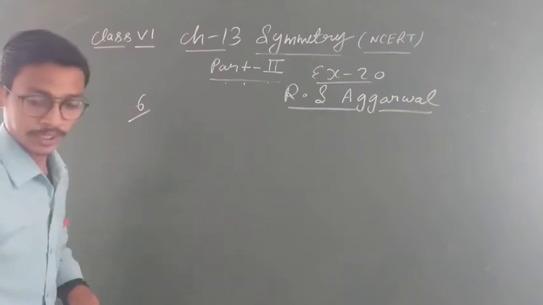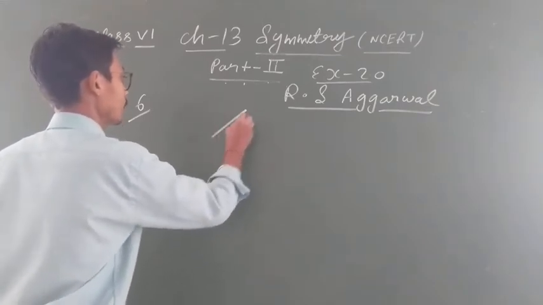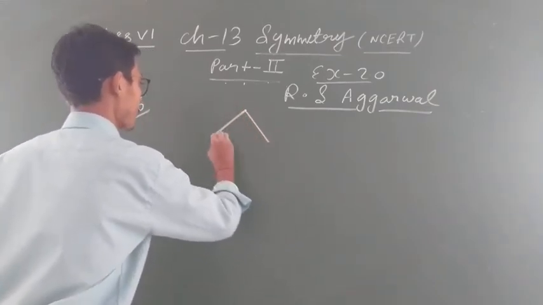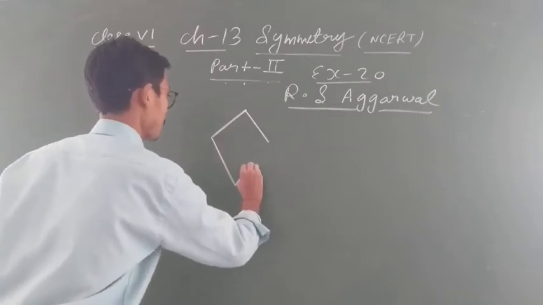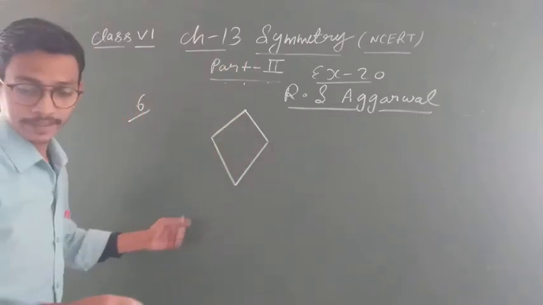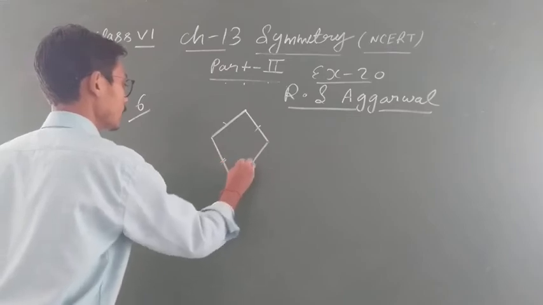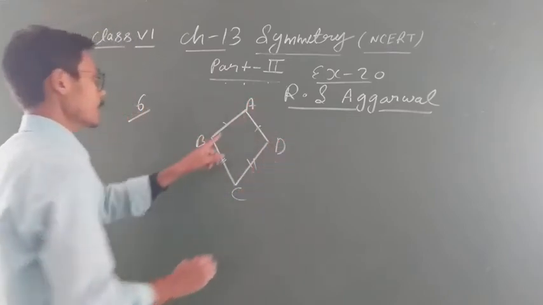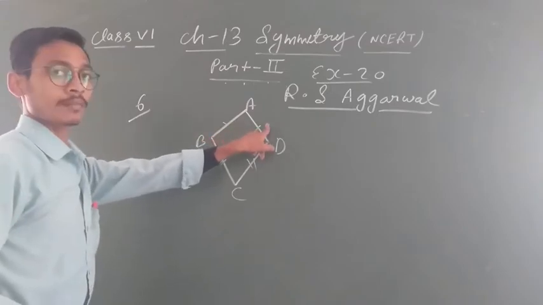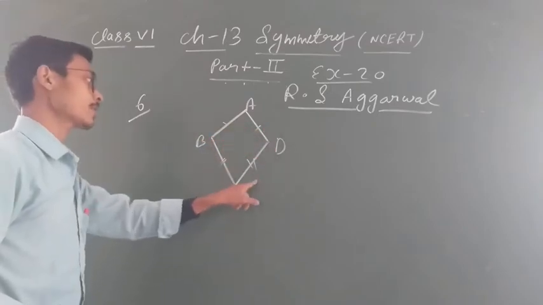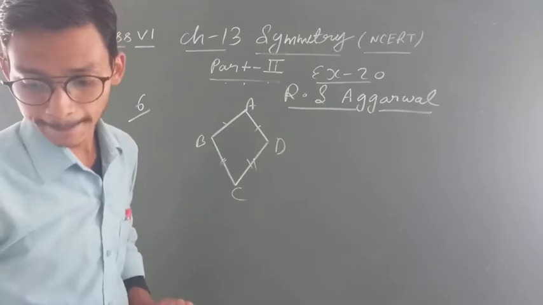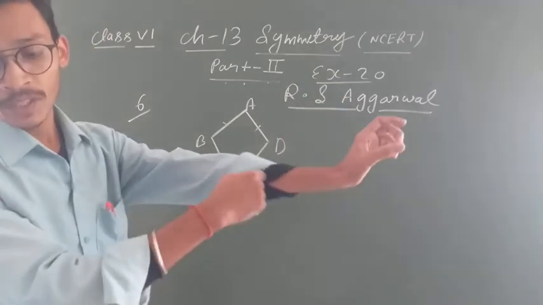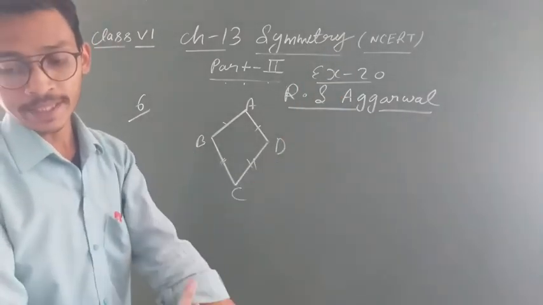डायग्राम देखो स्टूडेंट्स, should be neat and clean because symmetrical is about diagram. This is our kite and this side is equal to this side, A, B, C, D. This single side is equal to this side and this side is equal to this side, A, B, C, D. ठीक है ना. अब देखो it is given in the option कि A, B, C, D is symmetrical about what.